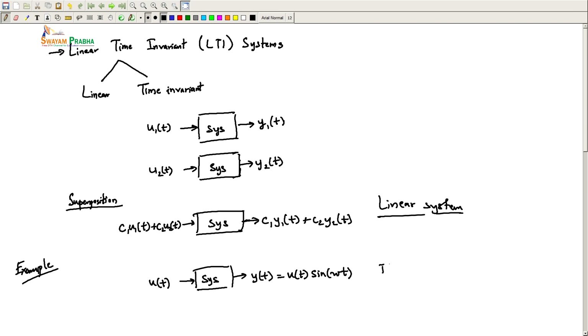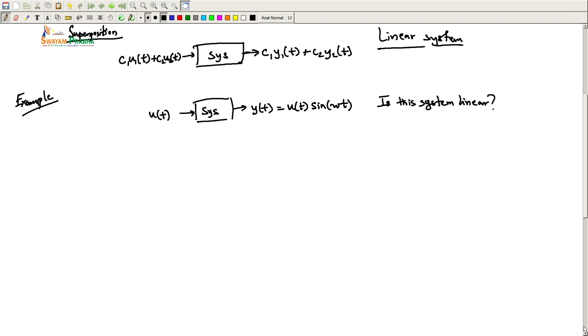So, the question is, is this system linear? Towards understanding that, what we will do